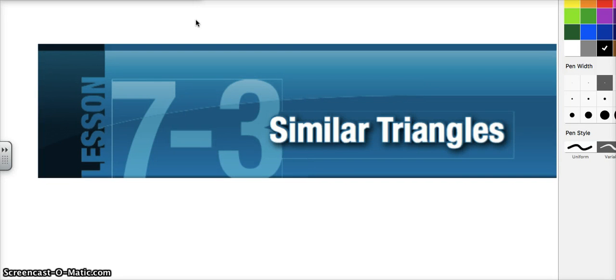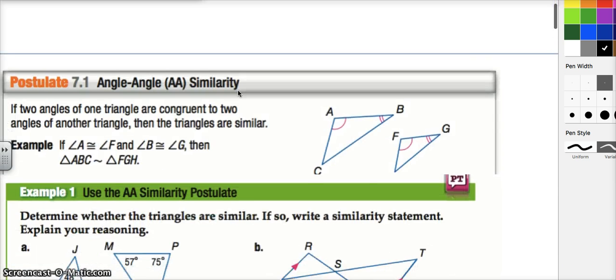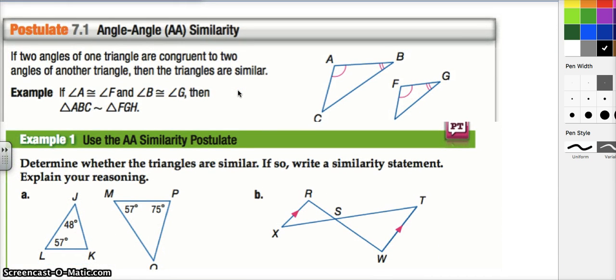Hi friends, we are looking at section 7.3 and we're looking at similar triangles. So here we're going to start off with this postulate, and this is one that you guys discussed. Basically, if you've got two triangles, and you know that two of the angles are congruent, as we have here with triangles ABC and FG,